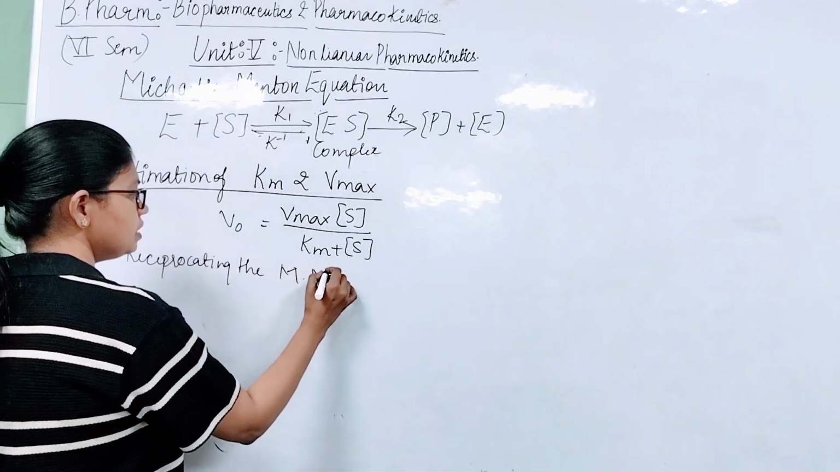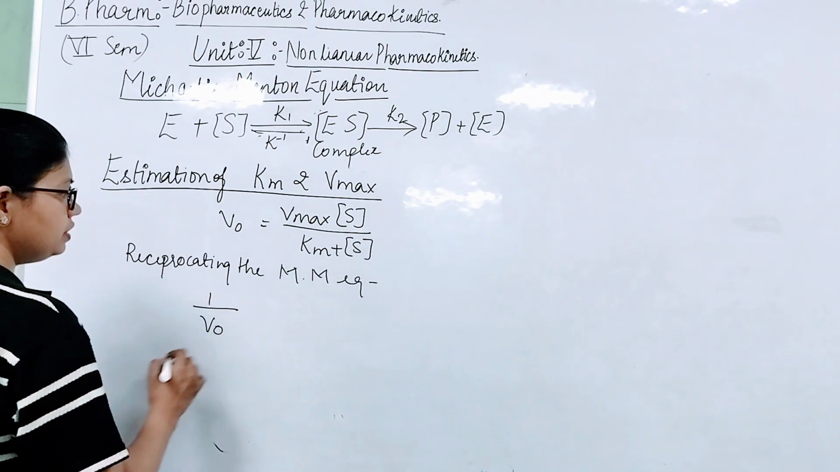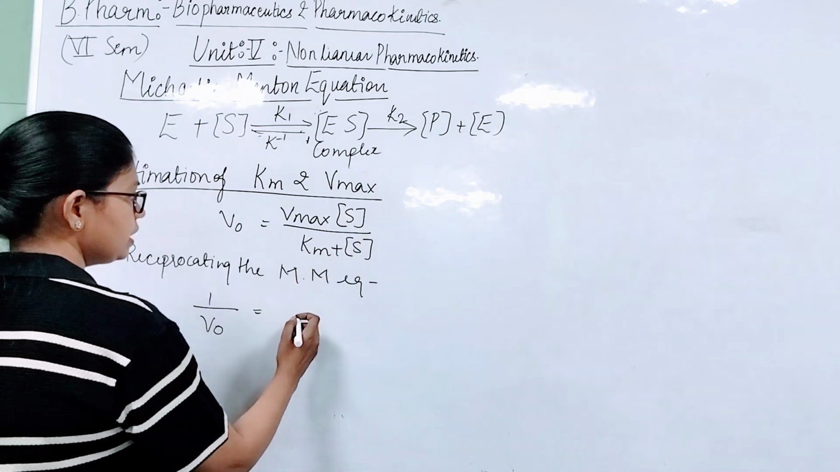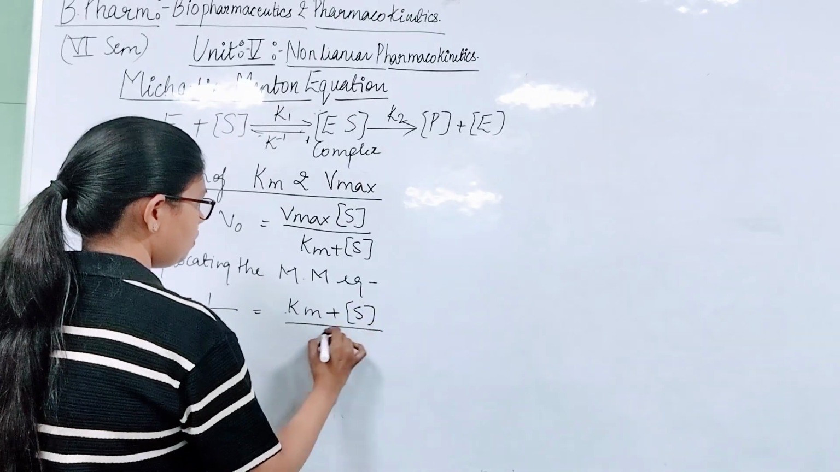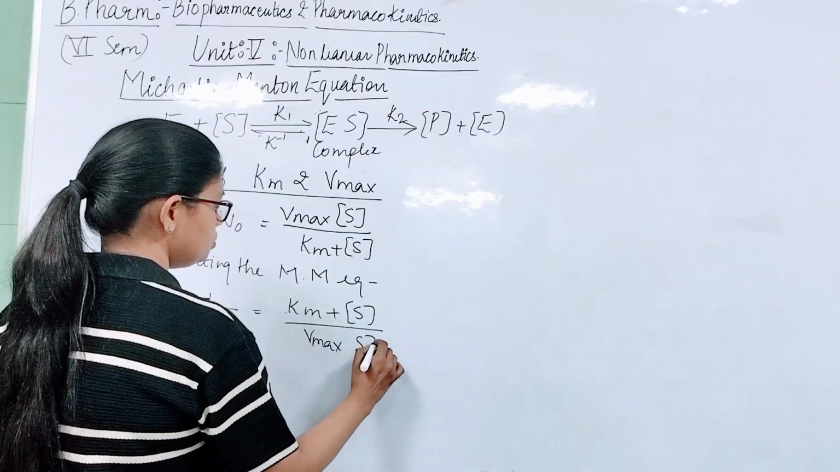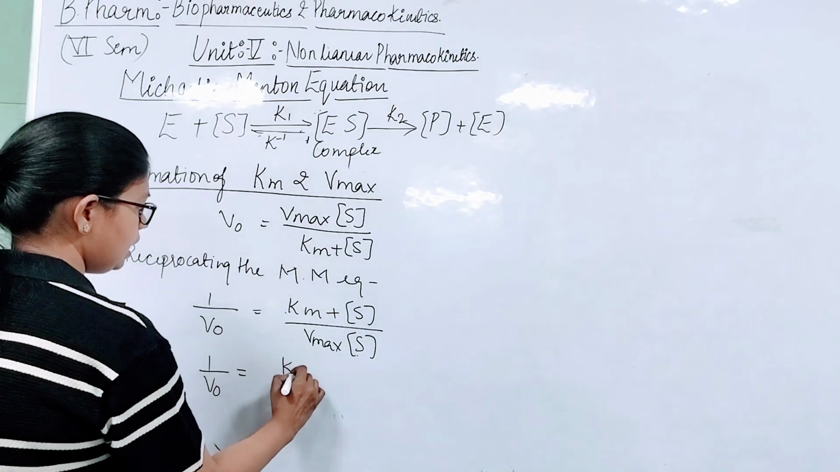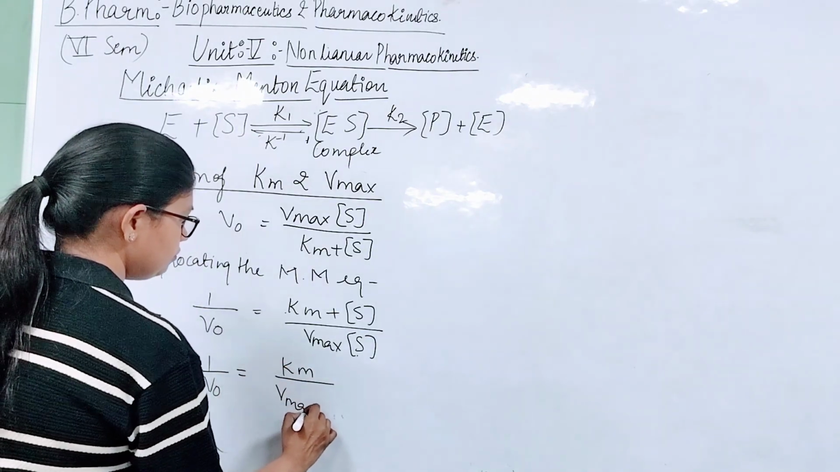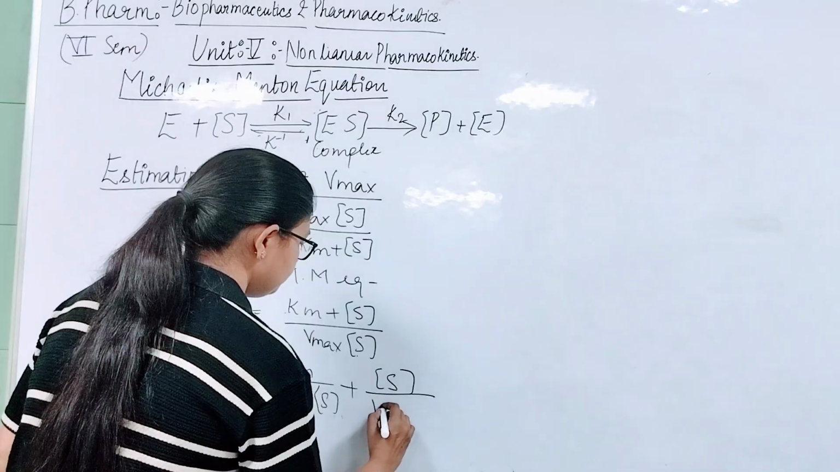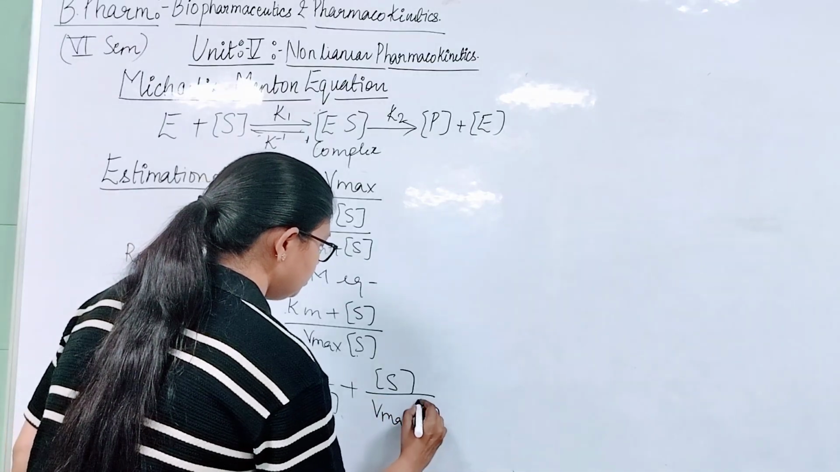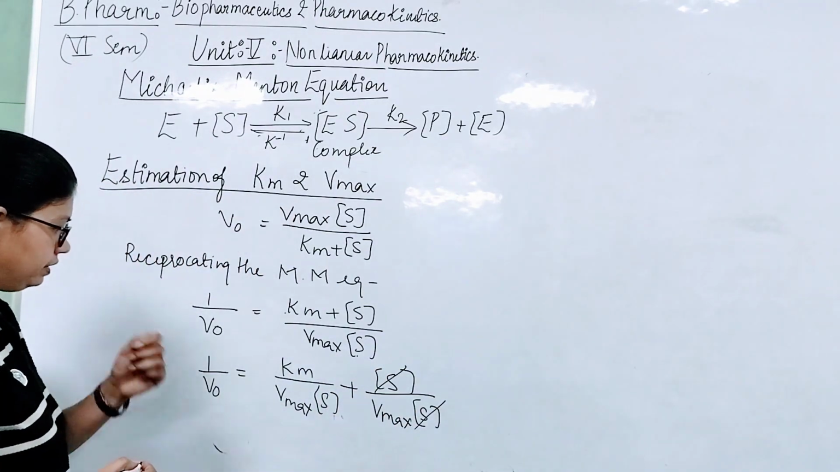So when we reciprocate the Michaelis-Menten equation, it will be 1 upon V naught equals to, this term will be inverted. So we obtain Km plus S upon Vmax into S. We can also write it as Km upon Vmax into S plus S upon Vmax into S. Here the S will be cancelled out and we obtain